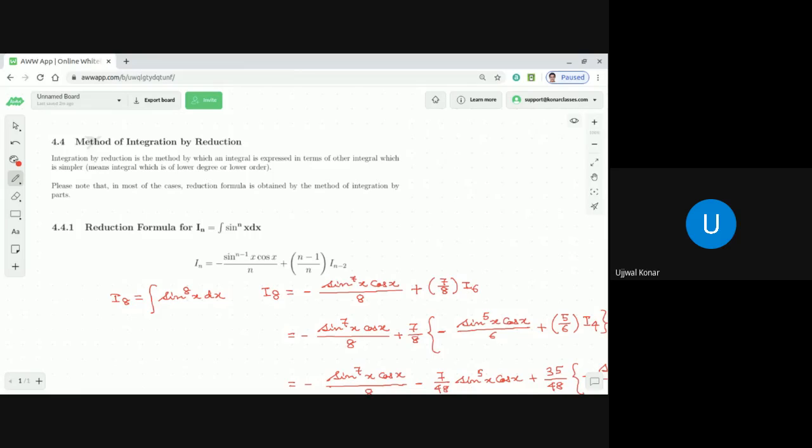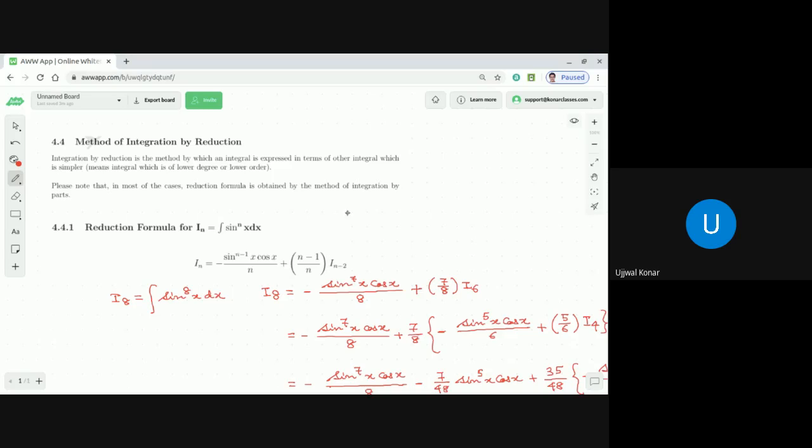So what we are going to spend the next half an hour or so on is seeing what the different reduction formulas are. Before I proceed, let me repeat, dear students, that if you remember, it is going to give a huge advantage. In fact, think about it: you have been given a question of sine square x dx. You can use this formula also if you wish. Or you have been given a problem of sine cube x dx. You can use this formula. That is the biggest advantage.